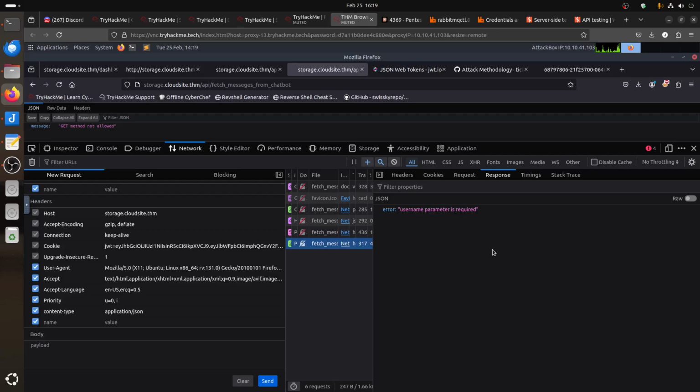So if I go to response, it said error, username parameter is required. So we are not sending anything because we're doing JSON. So we can just send the username. How do you do that JSON again? Two bracket. So username, and we can do. Am I doing it right like that? And then